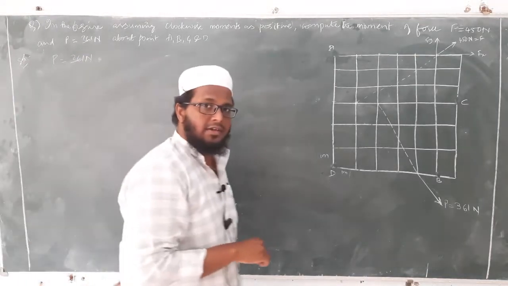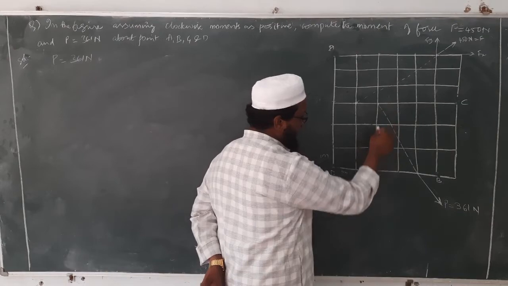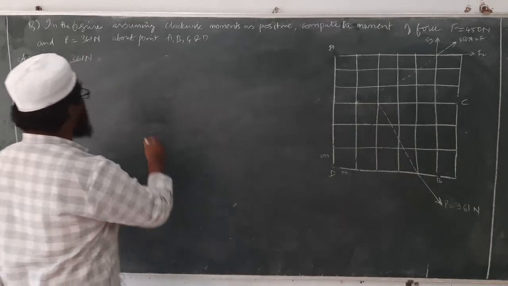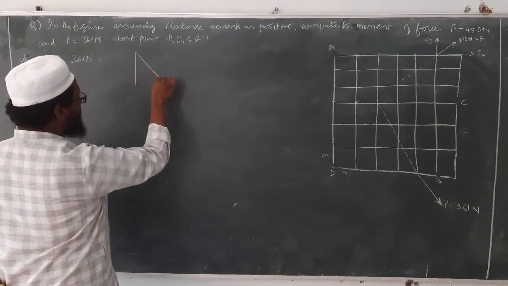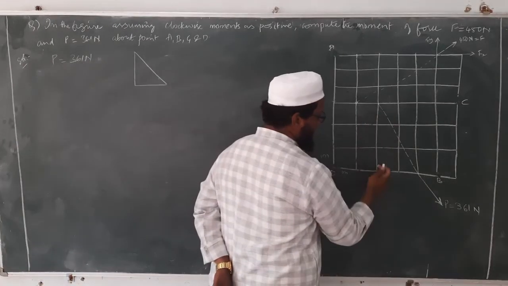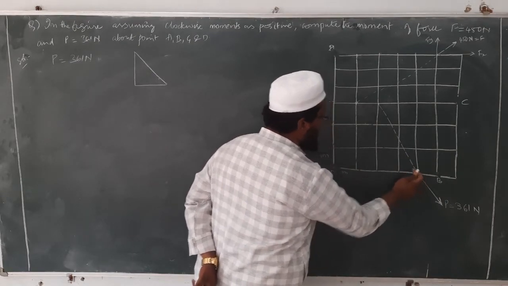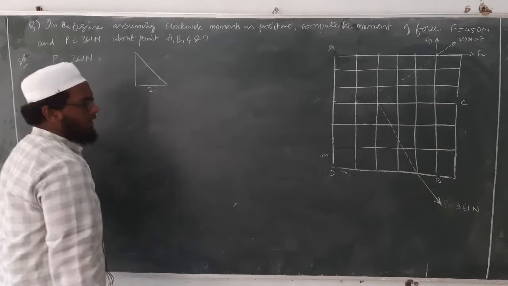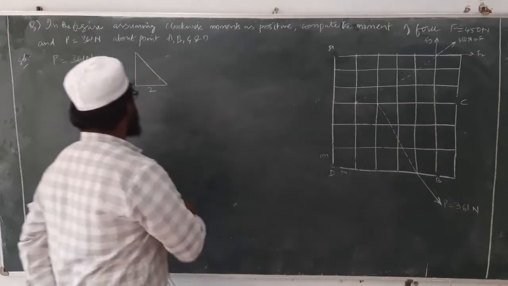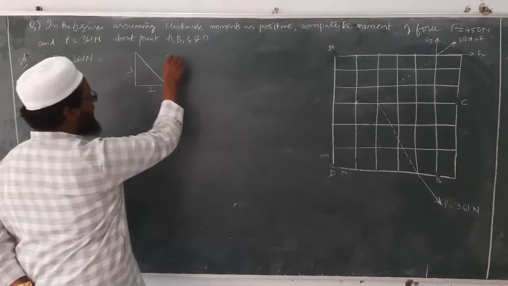And how will you calculate the inclination of the force in case of this problem? We can calculate with the help of this triangle, isn't it? We have a triangle like this. So I will draw that triangle here. Simply a right angle triangle, and this distance, if you see here, this is 1 and 2, 1 meter, 2 meter. This is 2, and what about this one? 1, 2, 3. So this is 3. All right. So we can calculate the value of theta.